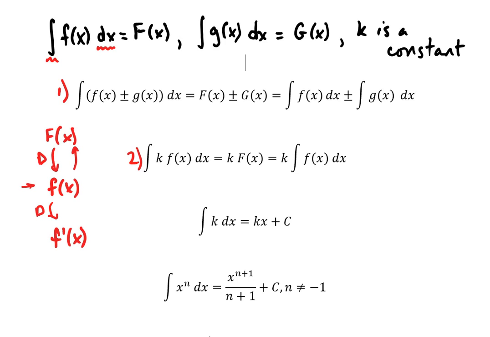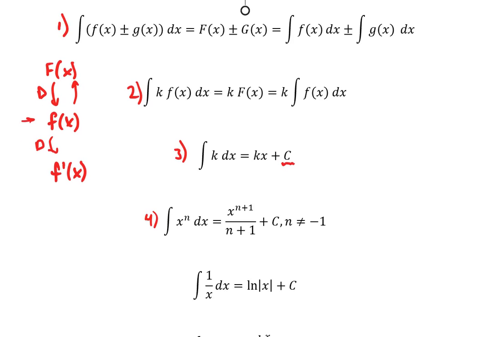Now we get into taking the integral, or the antiderivative, of some specific kinds of functions. Number 3, what is the integral of a constant? The integral of a constant k is k times x plus c. Now, a note on these plus c's, once we get through the rest of all of our rules here, we'll come back to why we're seeing these plus c's. Number 4,